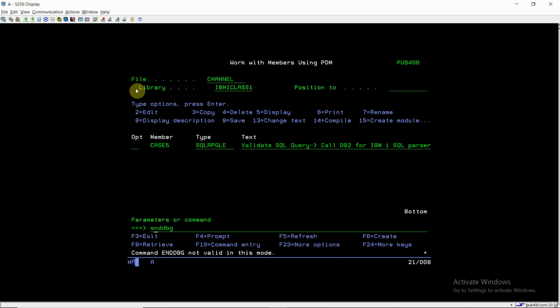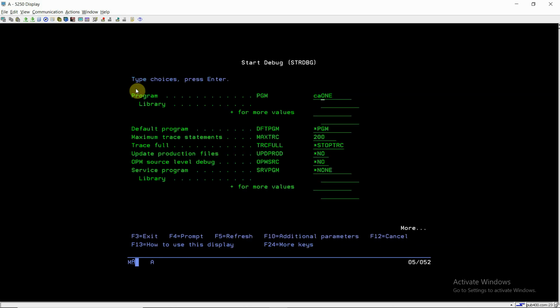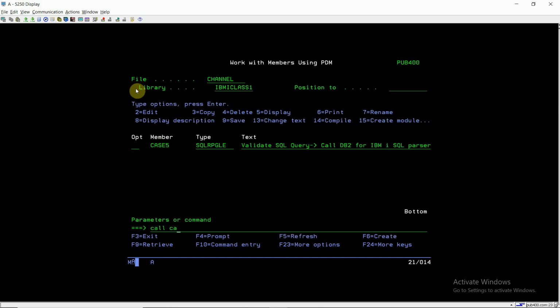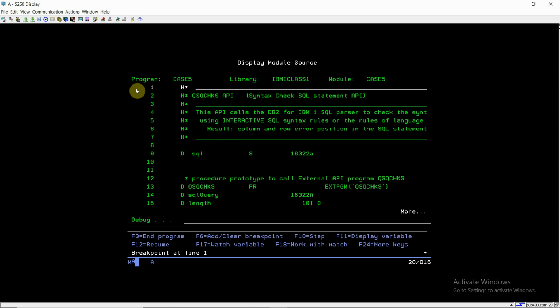Now we will be debugging this program, strdbg case 5. Put the breakpoint at line number 1. Call case 5 program.